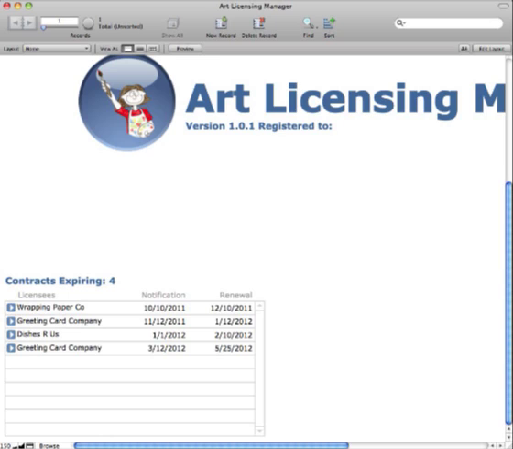Now, Hal, if you could go back to the collection page. Right. Well, I was going to say one more thing on that, which is that throughout the database, you'll notice to the left of the licensees, there's a blue rectangle with a triangle in it. That's like a go-to button. So if we were to click this button, it would go to the licensee wrapping paper company for the first button. The second button would go to the greeting card company. It's just a real fast, easy way to get around. You wouldn't have to go over to the licensees, do a find, type in greeting card company, and find them. Just with one click of a mouse, you could bring up that information immediately.